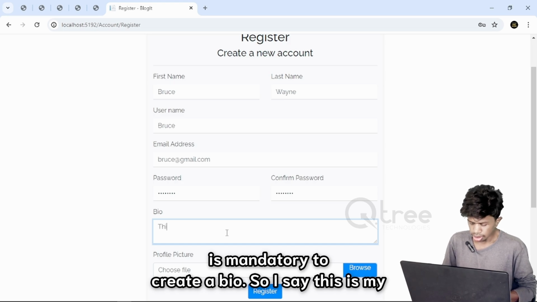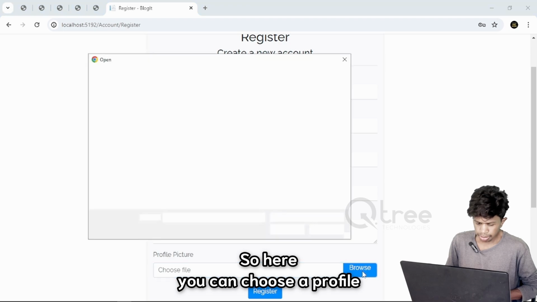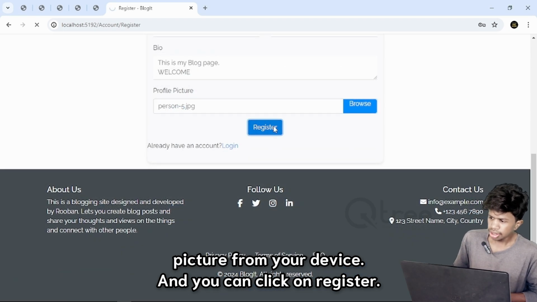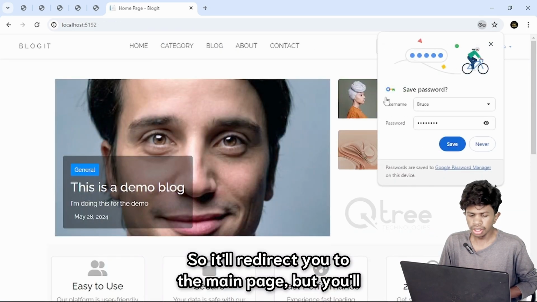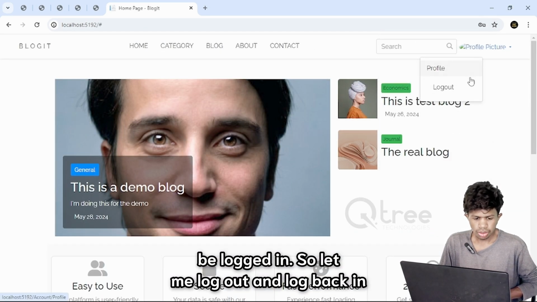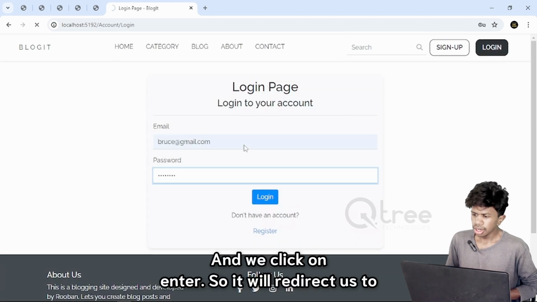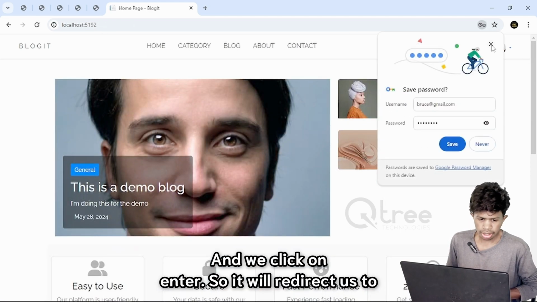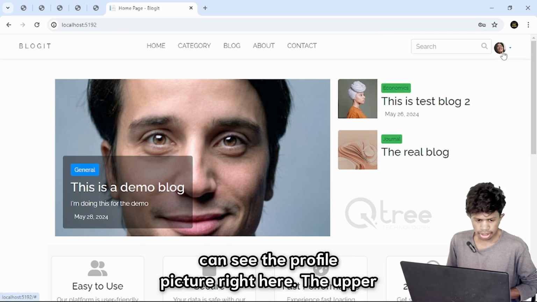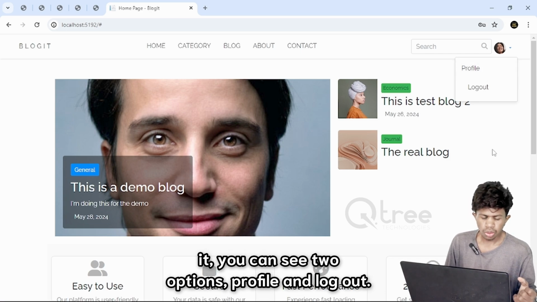So I'll say this. Here you can choose a profile picture from your device, and you can click on register. It will redirect you to the main page, and you'll be logged in. Let me log out and log back in, and we click on enter. It will redirect us to the main section, and you'll be logged in, so you can see the profile picture right here. The uploaded profile picture will be displayed, and right below it, you can see two options: